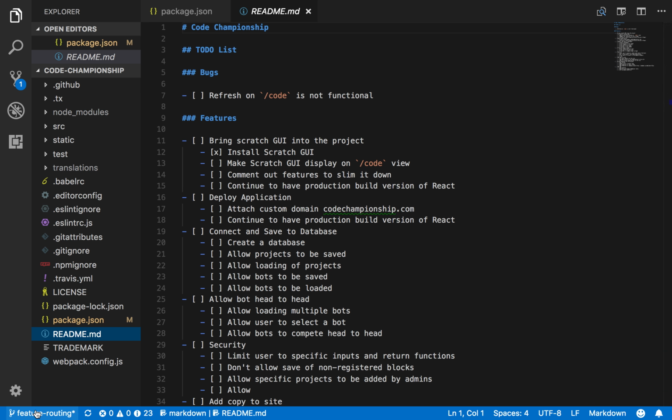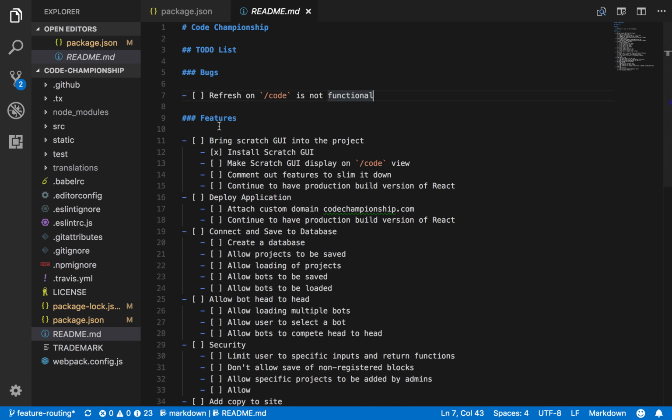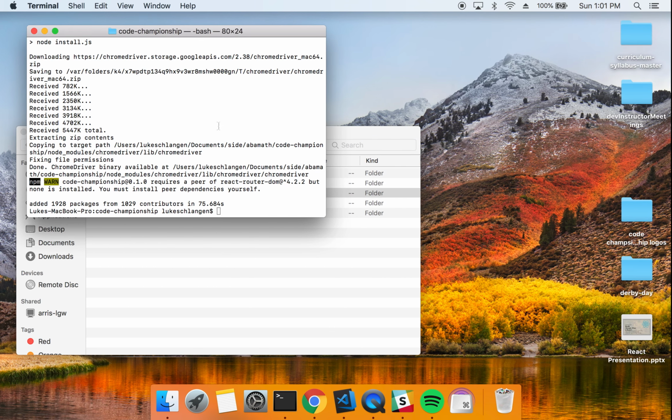So this is still on my feature routing branch, which might not be the greatest place for it, but I don't want to merge this branch in yet because the refresh on the slash code is not functional. That could be a React Router DOM thing, but it's definitely a routing thing of some sort. So I'm going to leave that as is. It could also be something Scratch GUI does for its routing, or it could just be something I can fix on my deploy if I have everything route through my index. So what I'm going to do is